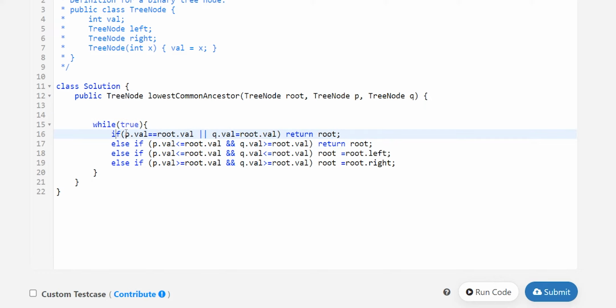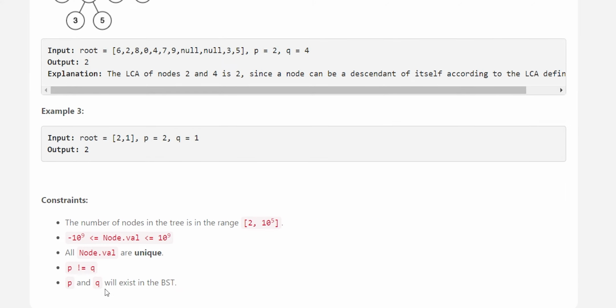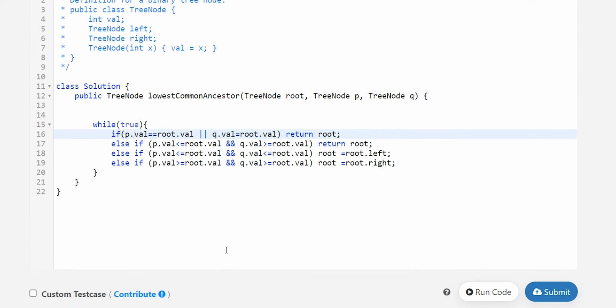So if p.val is equal to root.val, so if any of P or Q is equal to the current root, then there is no chance we will need to go downwards. This root will be the lowest common ancestor, because as this element is a descendant of itself, there will be no child node that can be the common root. So we'll return whenever this is equal.